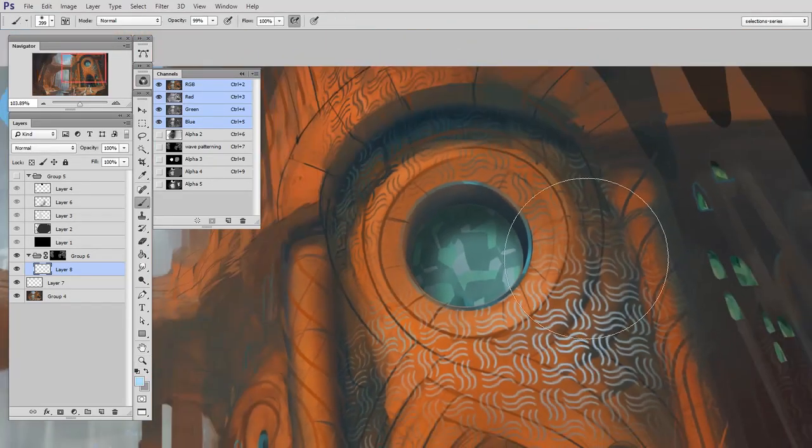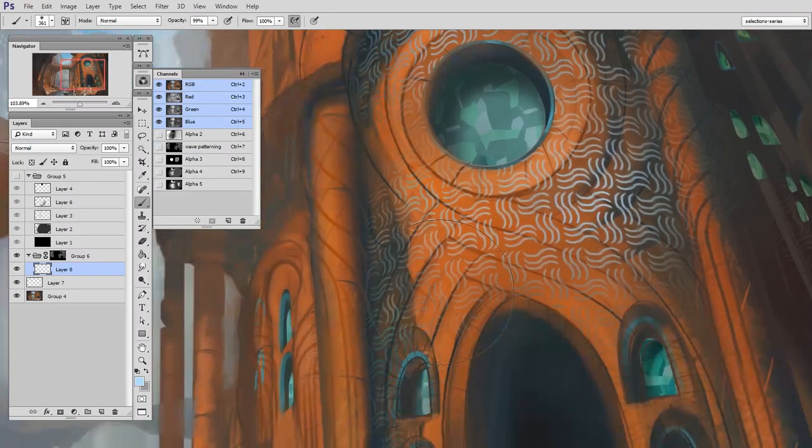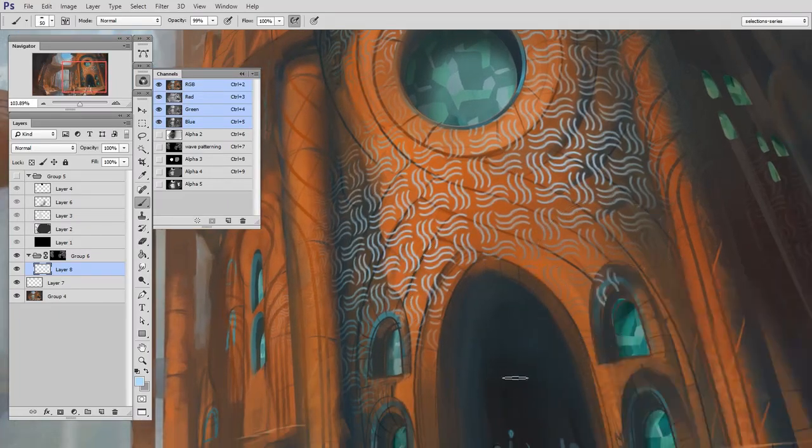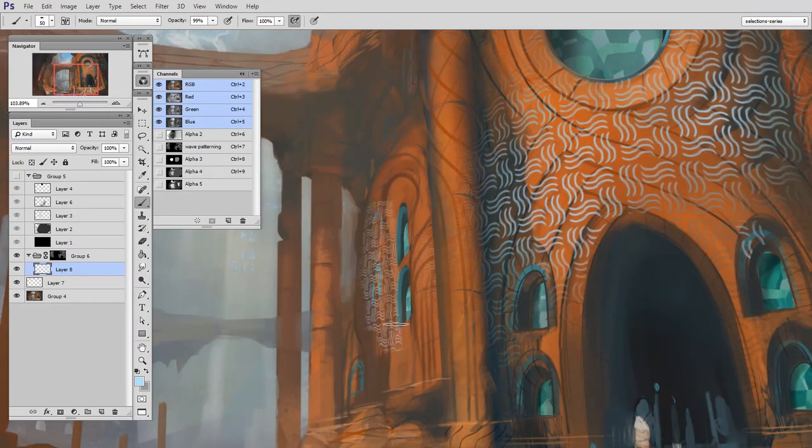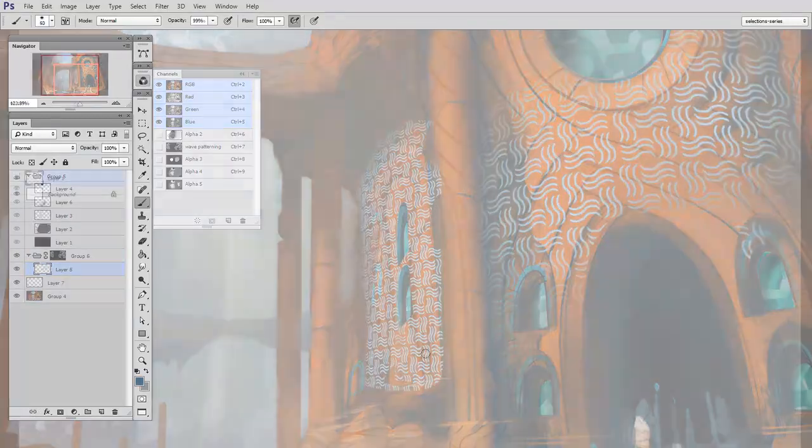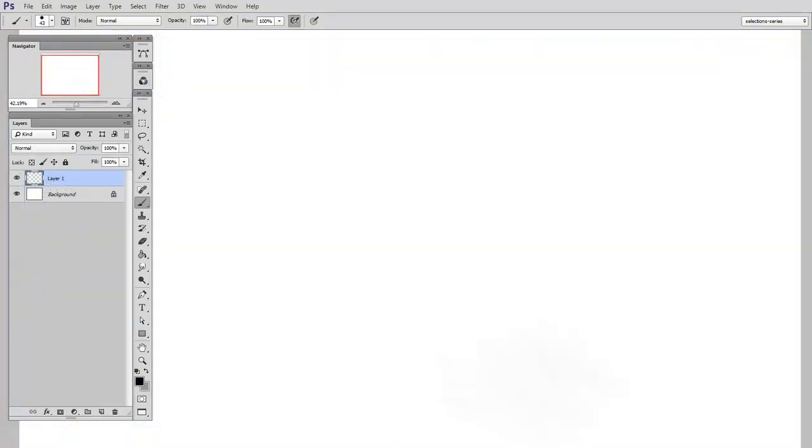And you can see that I have this very complicated selection to which I can paint inside of with no problem. So how would I go about making a selection like this? It's pretty straightforward, really. In another document or somewhere else in your current document, you just make whatever the repeat